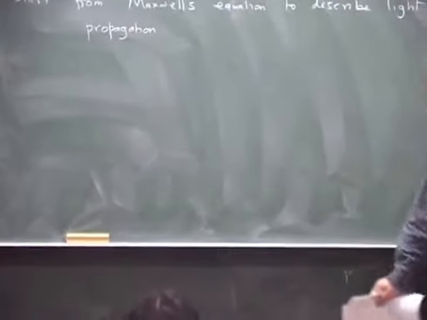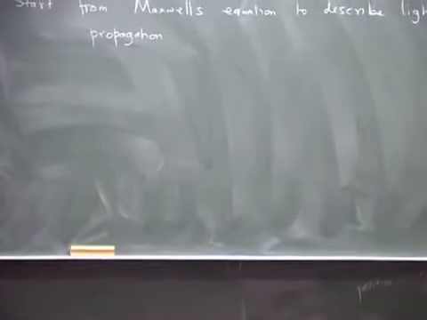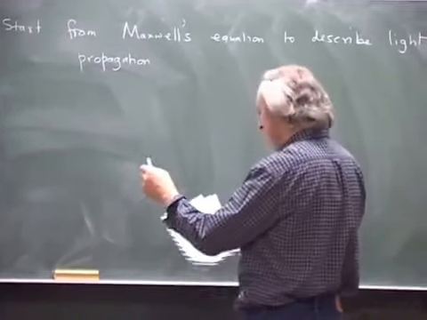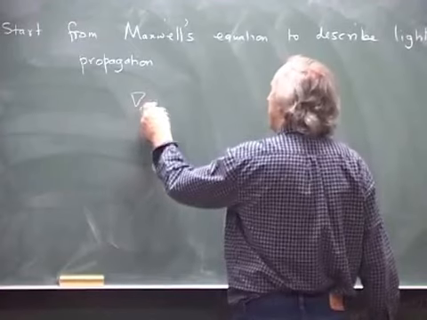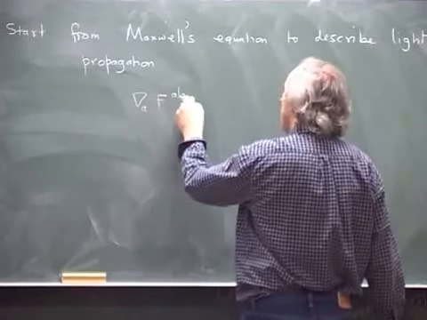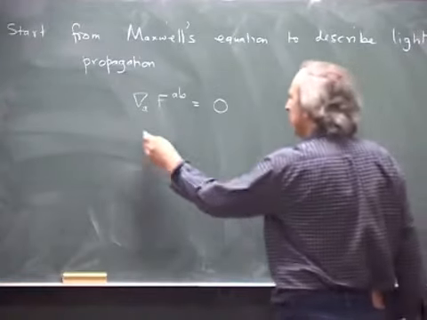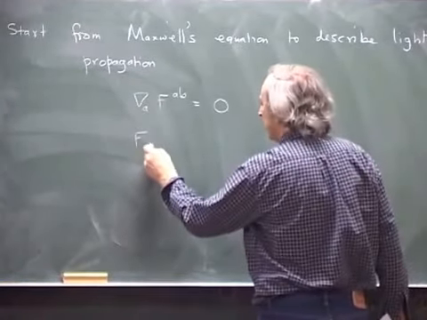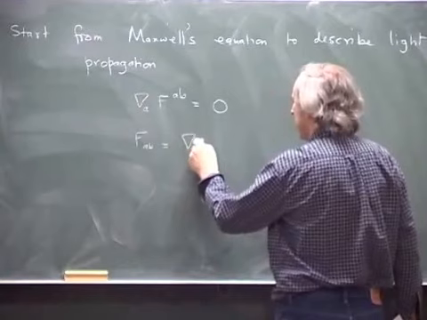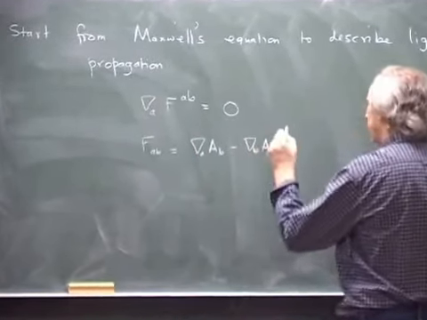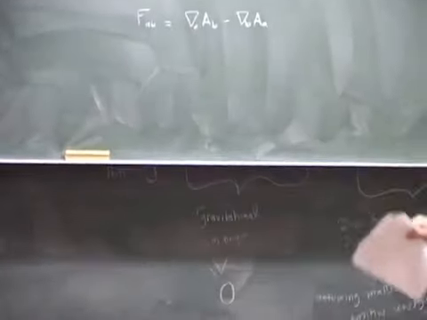Since I'm only going to be considering the propagation of light and not the generation of electromagnetic waves, these will be vacuum Maxwell's equations. So they're going to be ∇^a F_ab = 0, and that F_ab is equal to ∇_a A_b minus ∇_b A_a. From these two things,